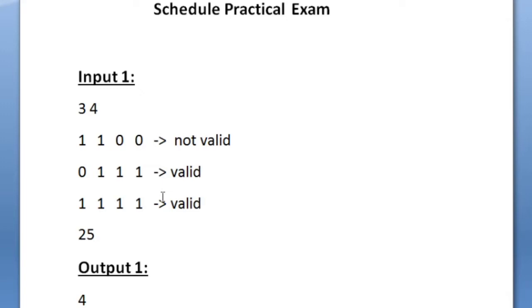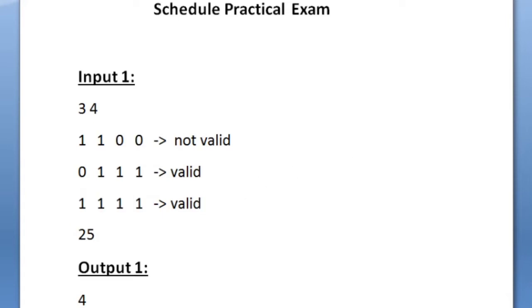The remaining 4 students should occupy the laboratory which has the maximum working machines. So here we can also place 3 students in this laboratory and 1 student in this laboratory, and they can complete their practical examination. But our task is to find the minimum number of laboratories that should be used. So if there are 4 students, then this laboratory can alone be used, and 4 students can complete their practical examination in a single laboratory. So we would be considering this last laboratory.